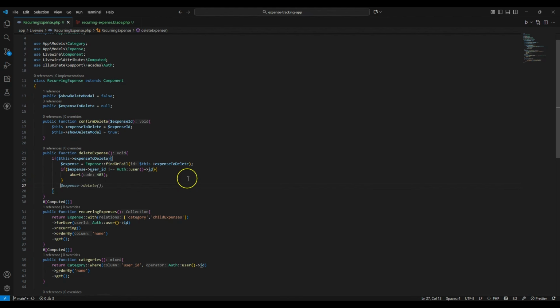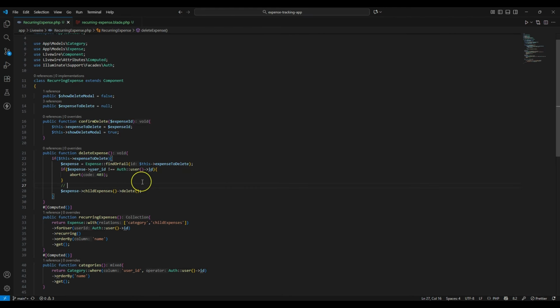Okay, so we first delete the child expenses for that particular expense. So delete the dependent expenses, and then we are going to delete the main expense. Okay, so expense, then delete,